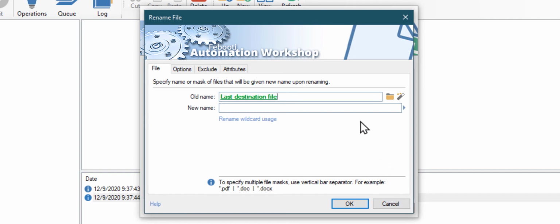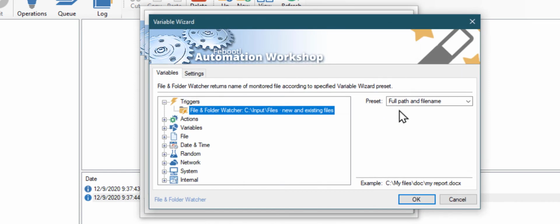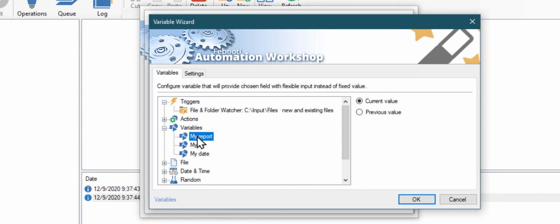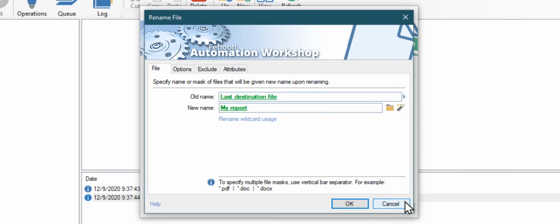We will use our variables that we prepared earlier for the new file name. All variables are located under the Variables section. We will start with the report name. Hit a spacebar to insert a space character.